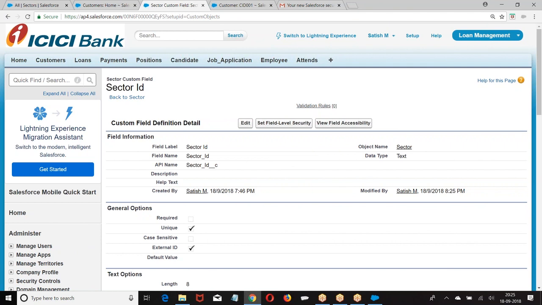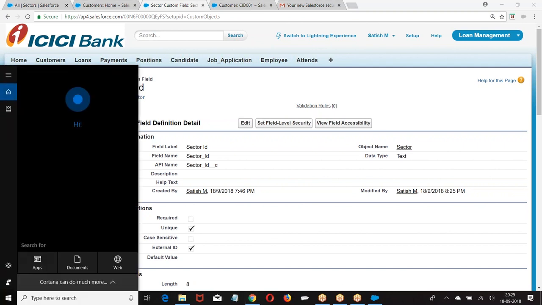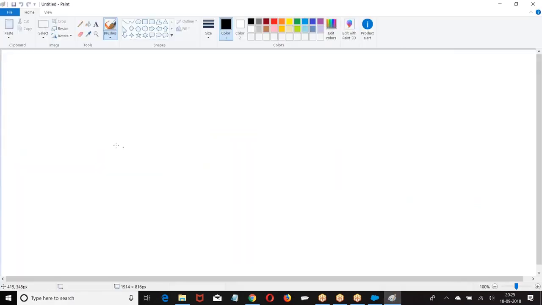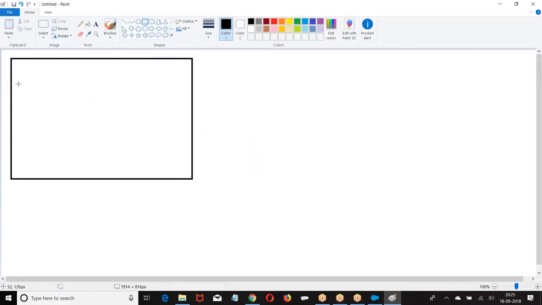Are you getting my point? When I am uploading the data, I am saying if data already exists, update. On what basis are you going to come to a conclusion that this data is already existing? Now look at this, a quick point. Suppose this is a Salesforce application.